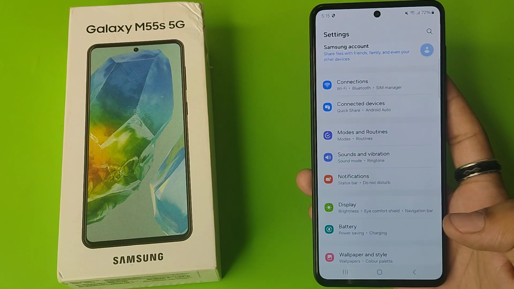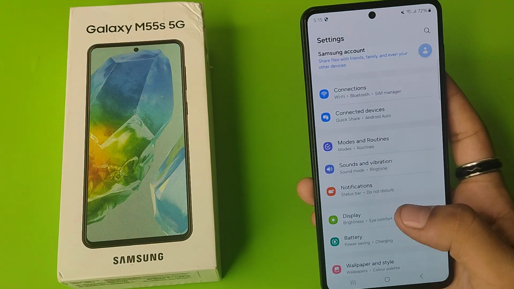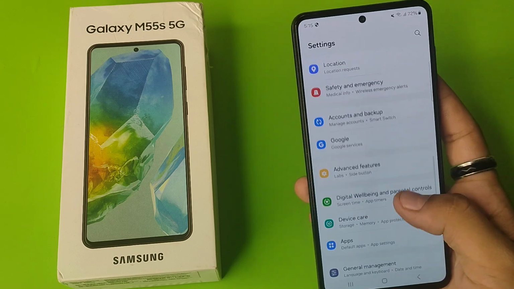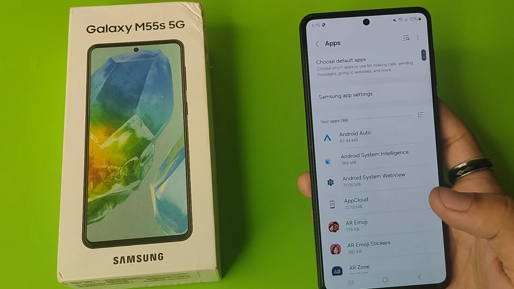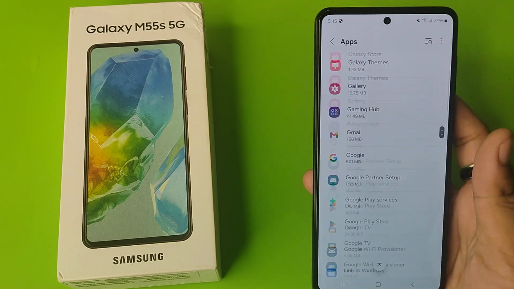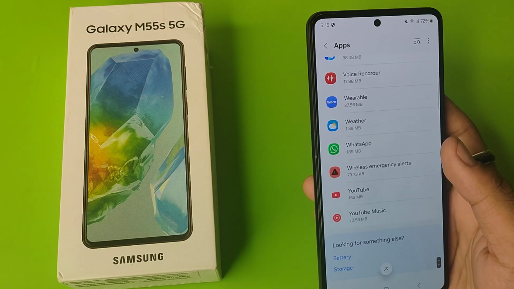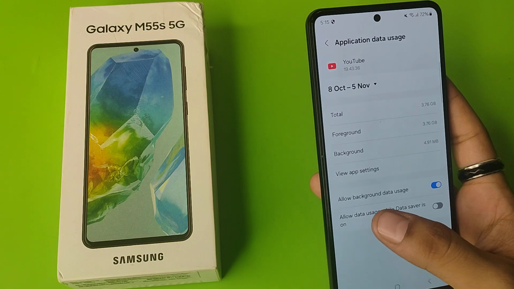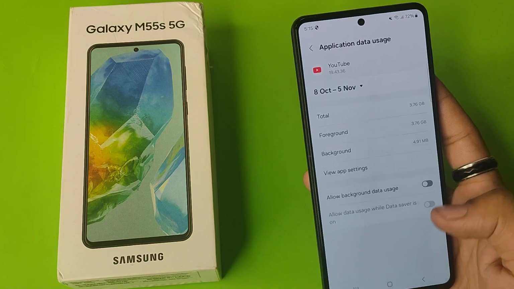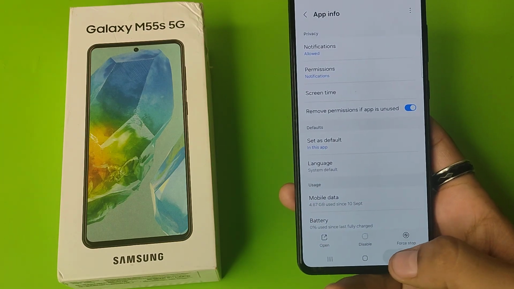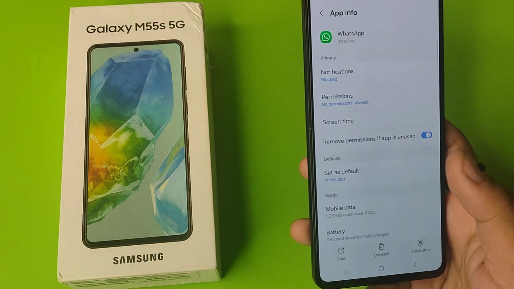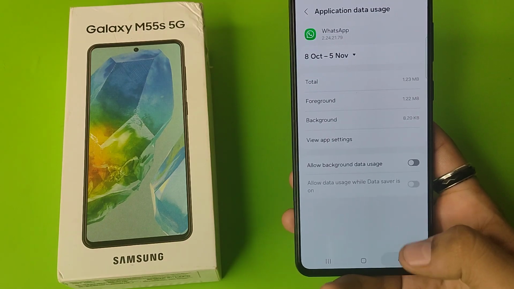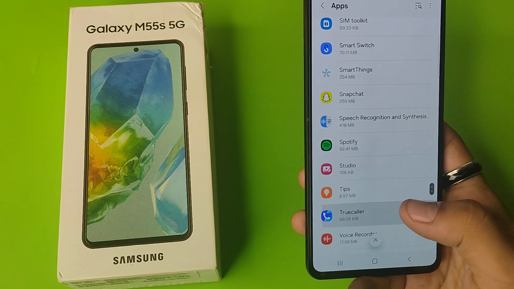First you have to simply open your settings. Then you can see here it is showing apps. You have to click on it and you have to turn off background data of all the apps. Like here you can see allow background data usage. You have to disable it and you have to disable this from all the apps. Here you can see that disable it from here like this,